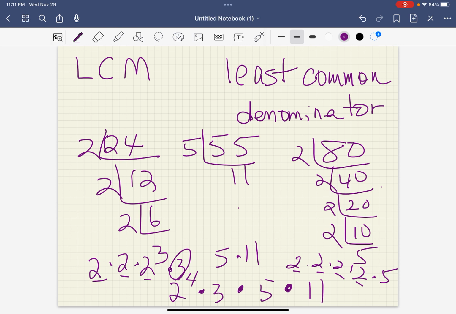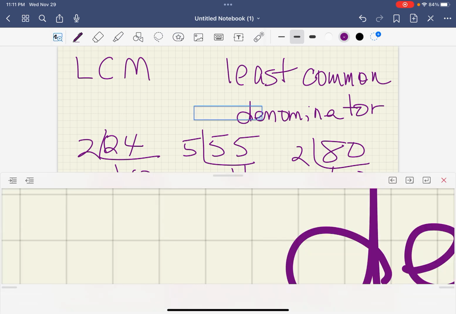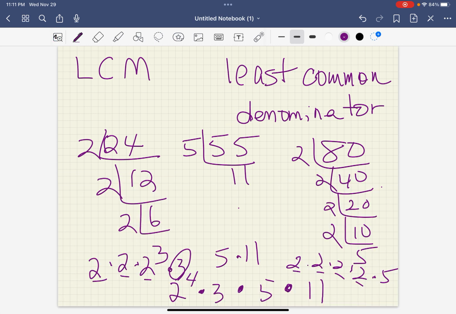So to multiply that out, 2 to the 4th is 16. I don't know if it'll let me lift this up or not. I don't know, it won't. Okay, so we're going to have 2 to the 4th, is 16. 2 times 2 is 4 times 2 is 8 times 2, yeah. So 16 times 3 is 48. And 5 times 11 is 55. So if we multiply that,